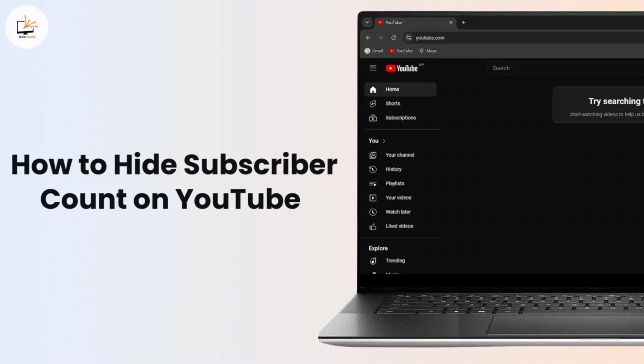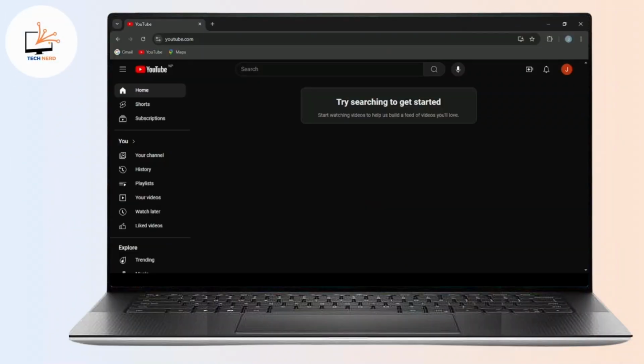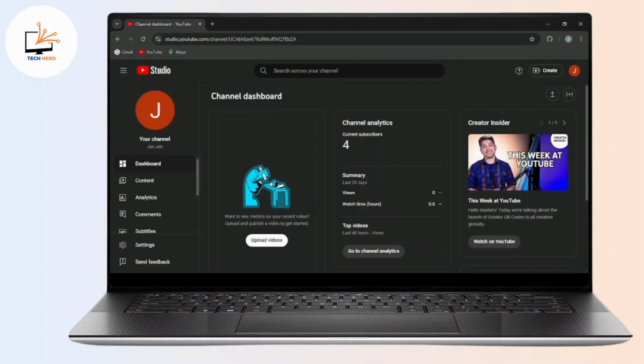On how you can hide your subscriber count on YouTube. First of all, open YouTube on your browser and then go to YouTube Studio. After reaching that page, you can see on the left side, scroll down and go to